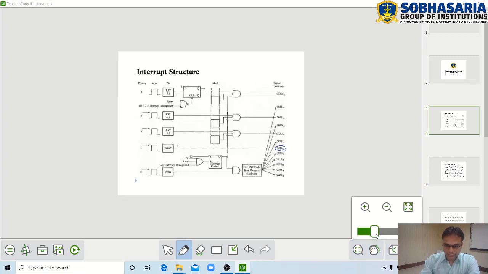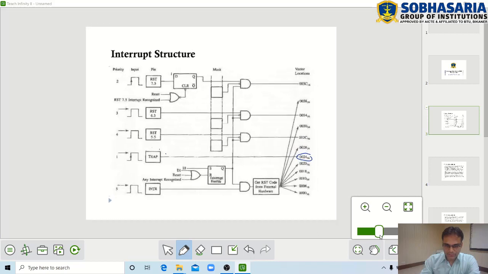Let me zoom in if it is not properly visible. Here you can see the vector location 0024, which is associated with the trap interrupt. Trap is non-maskable, and we have seen trap is edge triggered, positive edge triggered.